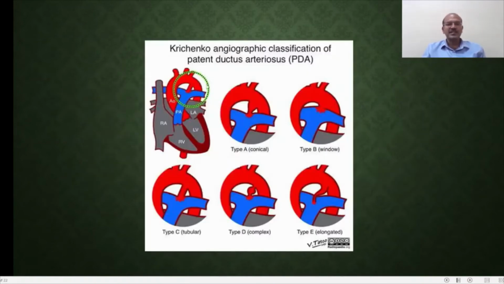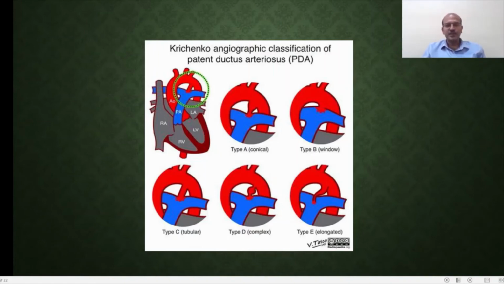So this illustration is a Krichenko classification of the PDA, and this shows the different shapes and sizes it can take, the elongated type, you can have the conical type. So the shapes make it different also when we come to the device closure. So a characteristic assessment is important, and when you do the echocardiography, depending on where you measure it, if you catch the wide part of it or the narrow part of it, it can make a difference to your size